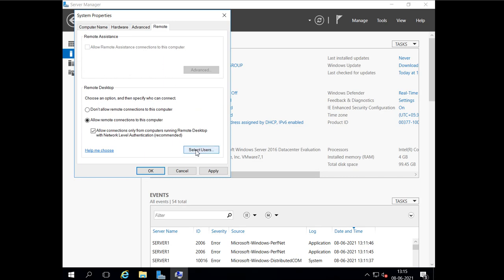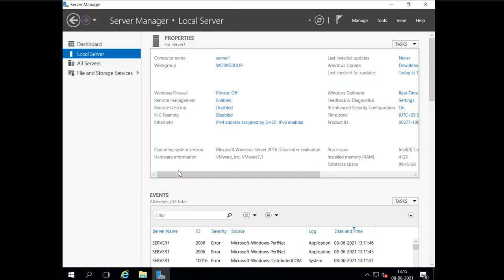Then this is the option to enable the NIC teaming. We will see it later. Then this option is to change the IP addresses. So make sure you give static IP addresses to the server. Right now it is configured as DHCP. It is getting the IP address automatically. But for configuring the servers, it is not recommended to have dynamic IP addresses. We must have a static IP address for all our servers.